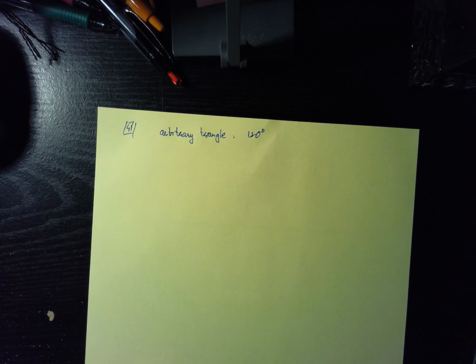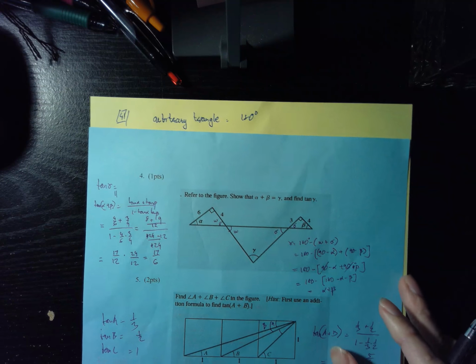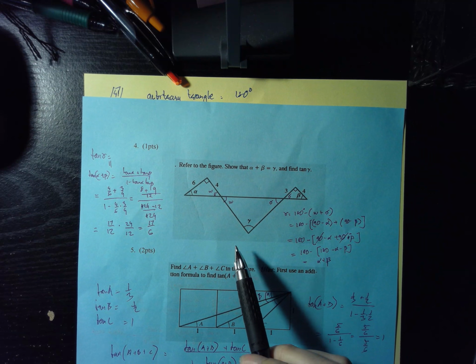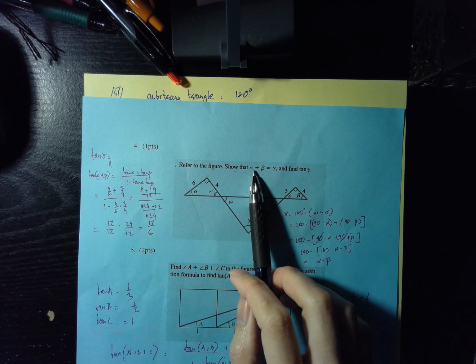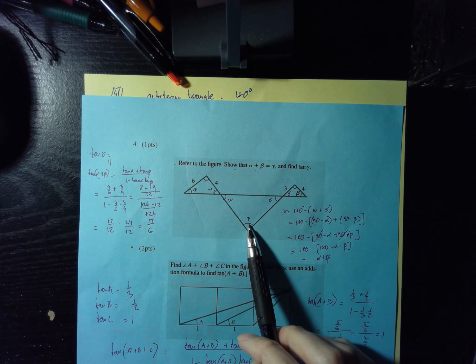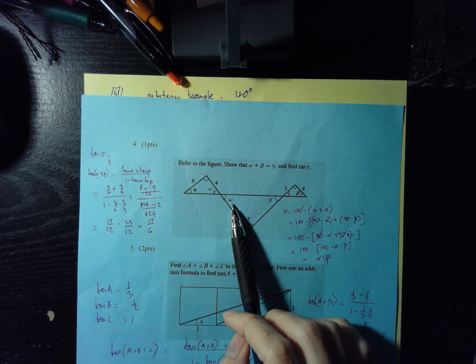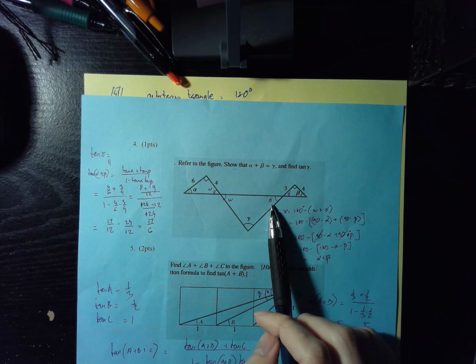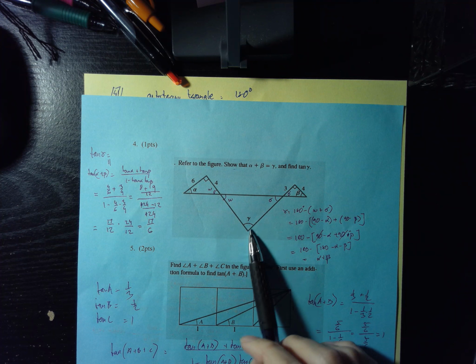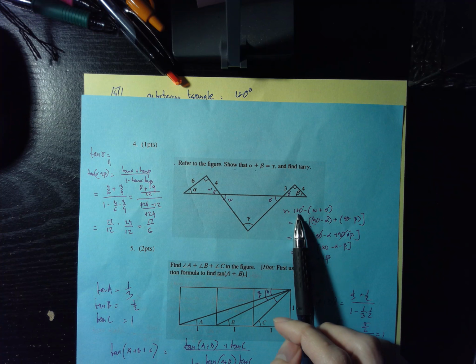Everybody knows this already. We need to show that alpha plus beta equals gamma. So gamma is this angle, and you look at this triangle right here. I call this omega, and I call this sigma angle. In this triangle the sum is 180, so gamma is 180 minus